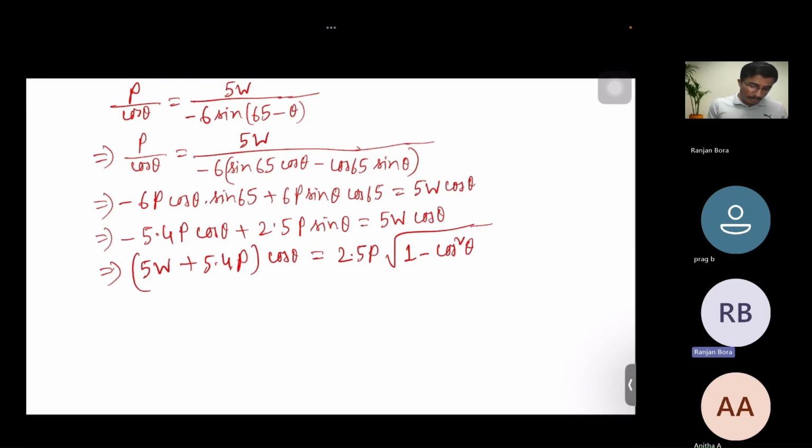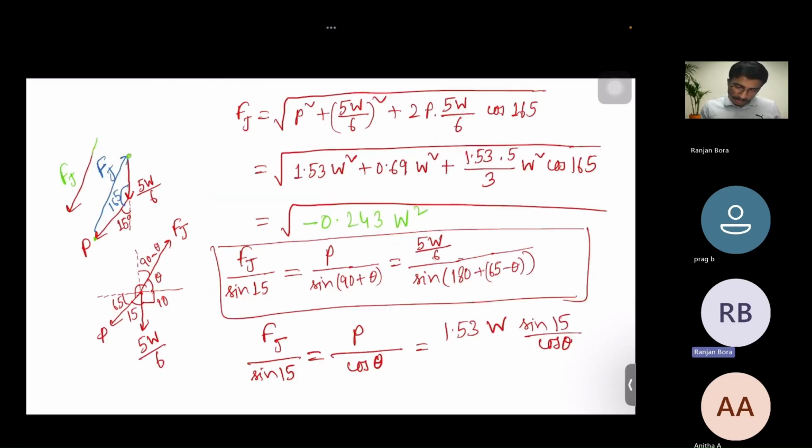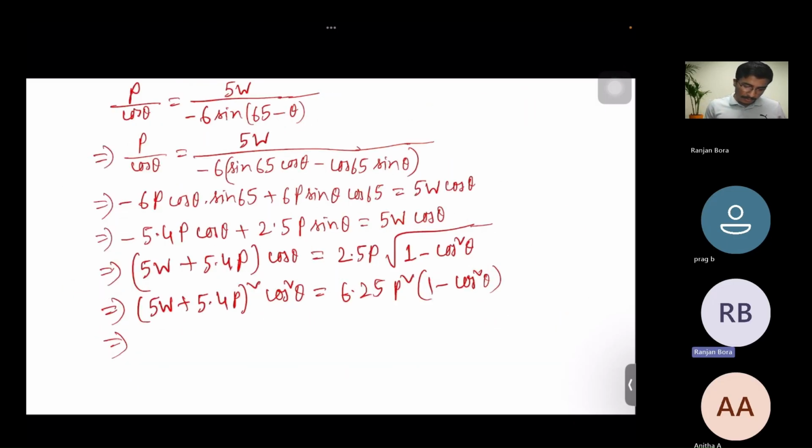Now we'll square both the sides. It will be 5w plus 5.4p square cos square theta equal to 0.5 square is 6.25 p square into 1 minus cos square theta. So here we'll substitute p, which we have calculated. P is 1.53 w. So if we substitute p here,